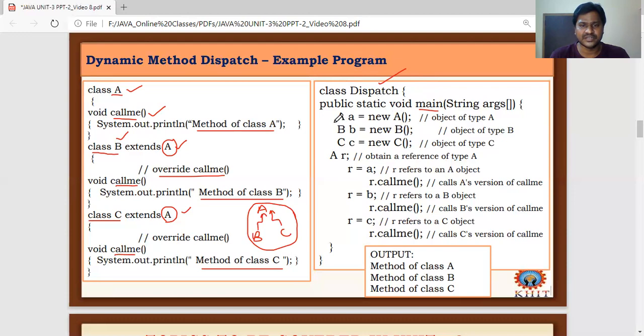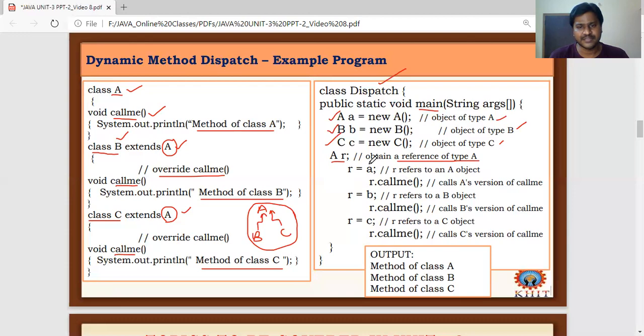So coming to here, I'm declaring objects of this class A, the superclass, B a subclass of A, and C a subclass of A. And small a, small b, small c are the objects of these classes A, B, C. And I'm creating a reference variable of type class A, that is A space r.